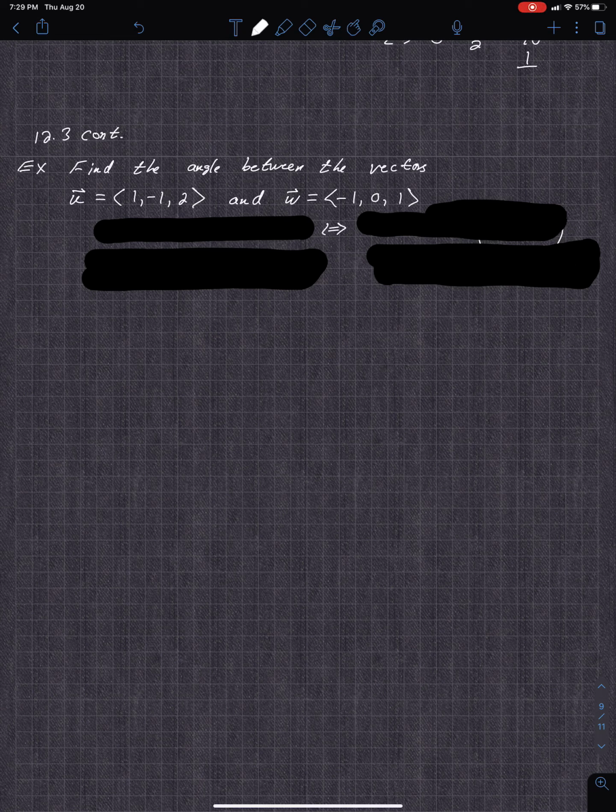We are on 12.3, continuing. Let's look at this example, kind of a short one. So let's try this example. Find the angle between the vectors. You're given the vectors u as 1, -1, 2, and w as -1, 0, 1, and apply